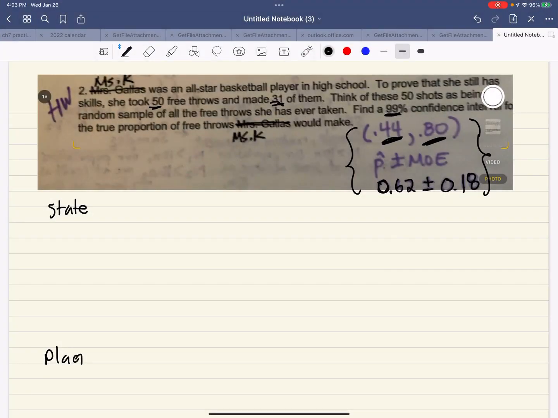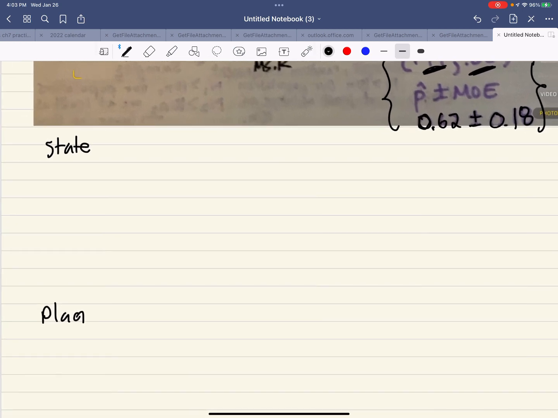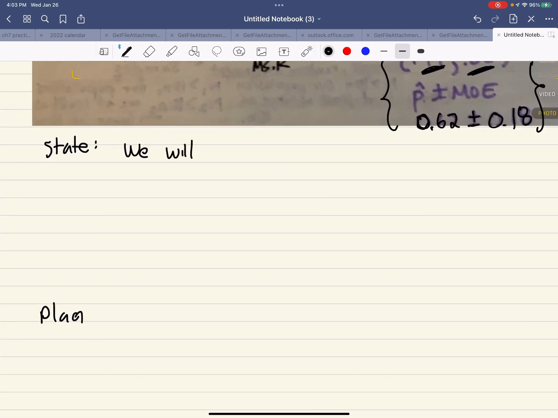So now we're going to do all the stuff we need to do. I suggest you use your notes to compare. Side by side, you're going to use your notes and tell me what you're going to do. So we will perform, we're going to estimate